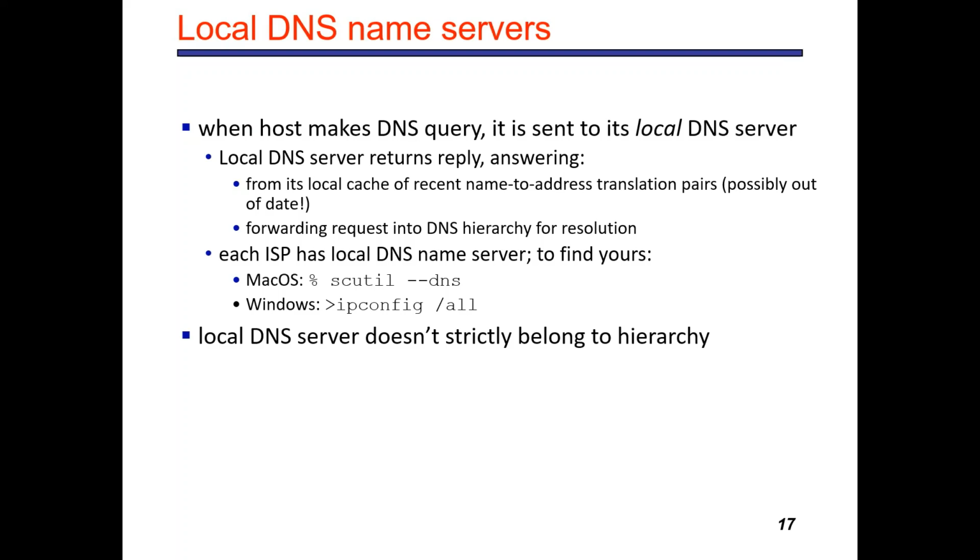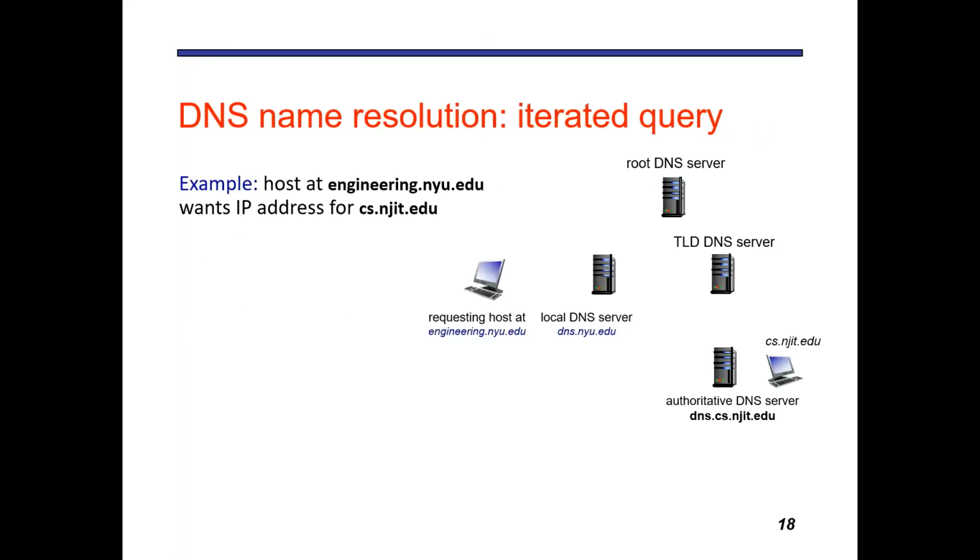Every ISP has its own local DNS. So if you want to find out what your DNS server is, if you're sitting at home, you can check by using ipconfig /all, where you will see the IP configurations, including the DNS, which is probably the local DNS of your ISP. There are two types